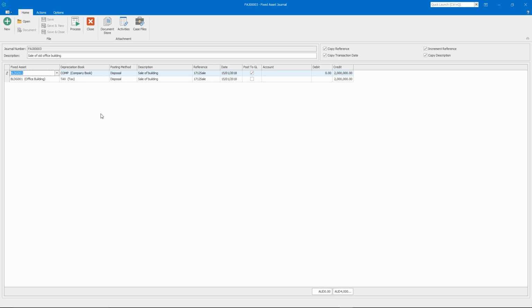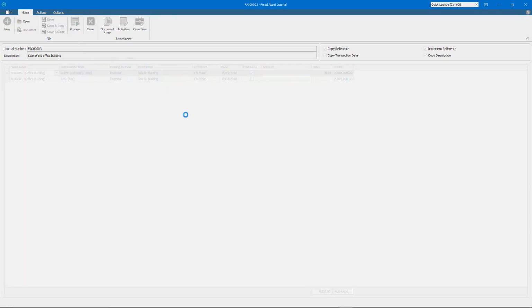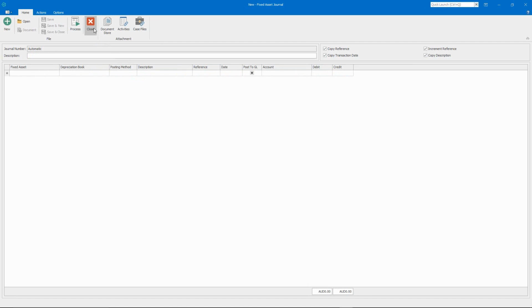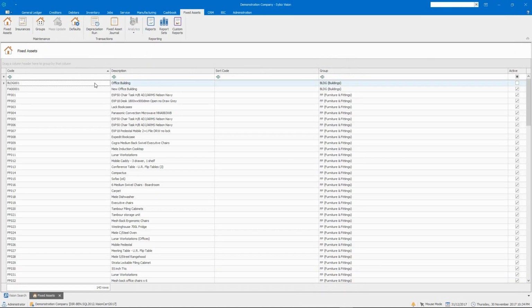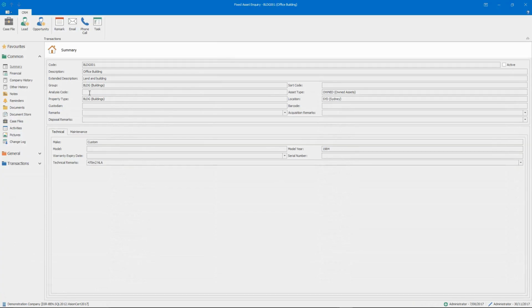So this is the building that we looked at originally. We're actually going to be replacing that. And you'll see my transaction date here is the 15th of January. So I've calculated my depreciation up to the 31st of December. I haven't yet got to the 31st of January for my next depreciation run. And this particular disposal is happening part way through. So the system actually has enough intelligence when I process that particular journal through. And what we'll do now is we'll go and have a look at the history on this